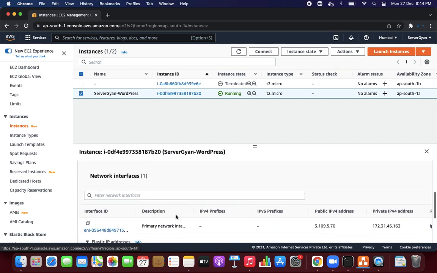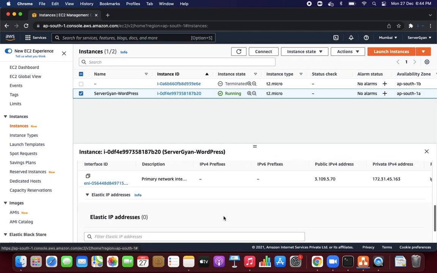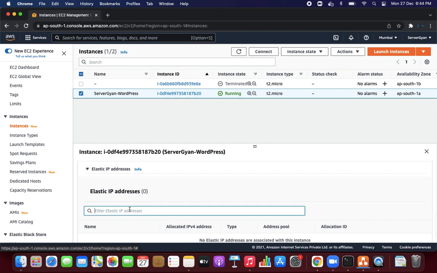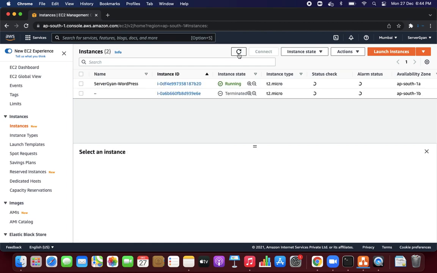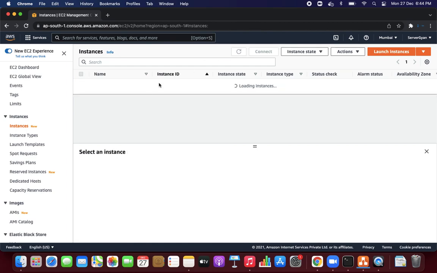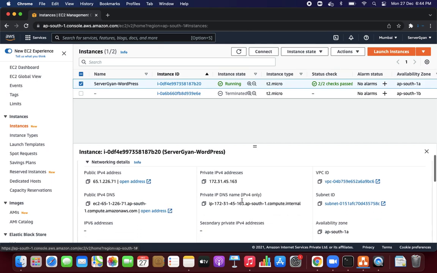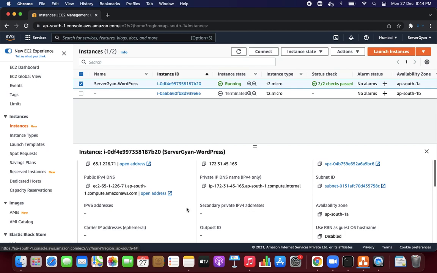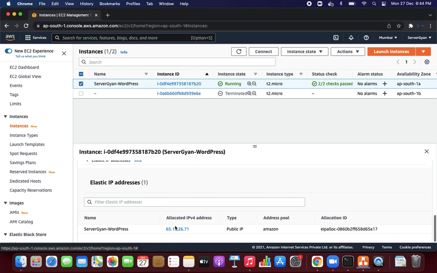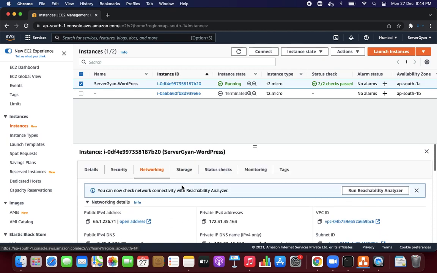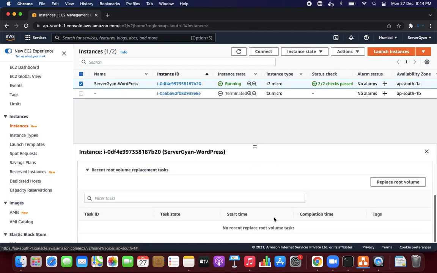if you try to drill down a little more, then this is the particular interface, and these are the elastic IP addresses. What are the elastic IP addresses associated? We can figure out here, right? So everything, once we refresh this particular page, will be available for us. Right now the particular IP address has changed because we did not refresh that page before. So if you see here, elastic IP address 1, this IP address is associated with this EC2 machine. Storage, you can figure out what is the storage attached and when it was created and all.